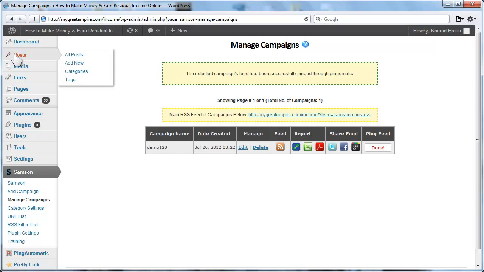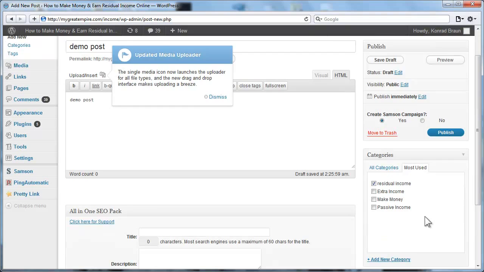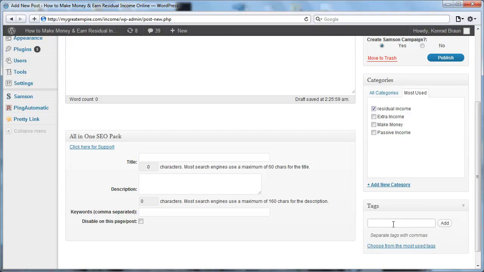Let's click on create a new post, and let me just quickly type in demo here. Demo post, and we'll just select one category there. We'll just randomly add some keywords: money, cash, make money. This is a throwaway domain name that I use for testing, so I'm not too worried. I'll just use those 3 keywords, click add, and I will